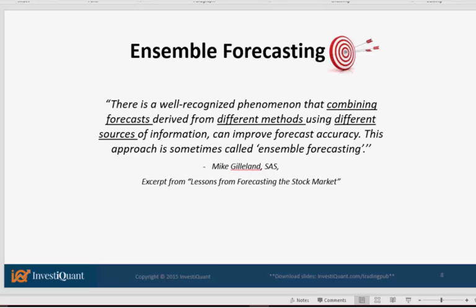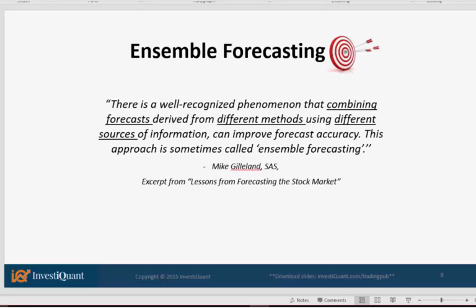I'm going to talk a little bit about ensemble forecasting as well. This is a quote from Mike Gilliland of SAS, who wrote it in Lessons from Forecasting the Stock Market. It says, there's a well-recognized phenomenon that combining forecasts derived from different methods using different sources of information can improve forecast accuracy. This approach is sometimes called ensemble forecasting. And that's effectively what we do with our